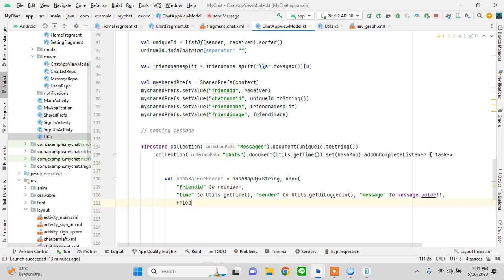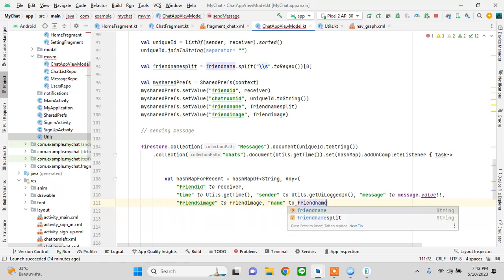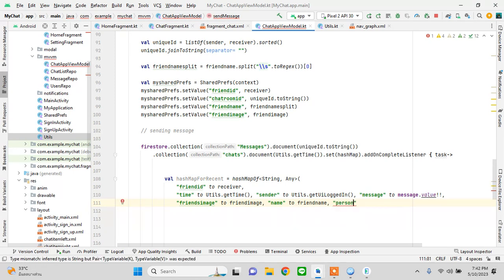Friend's image to friend image, in terms of name to friend name, and person to you. For example,